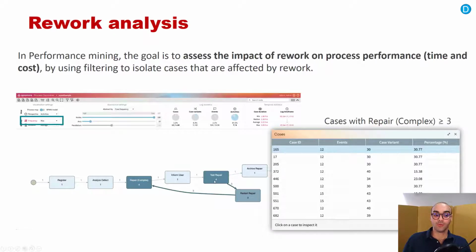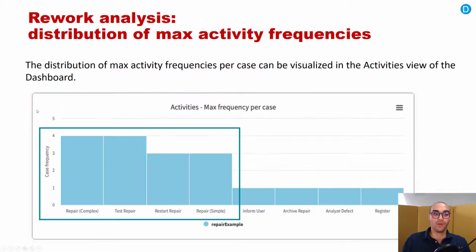That's a repetition, that's a rework. The test repair also has been executed 4 times for the case, which is a repetition. The restart repair has been re-executed 3 times in a case, because we have shown the maximum frequency. Also, we can bring the maximum frequency per case distribution from the dashboard inside Promore, and that will bring us the activities that are being executed more than once for every case,